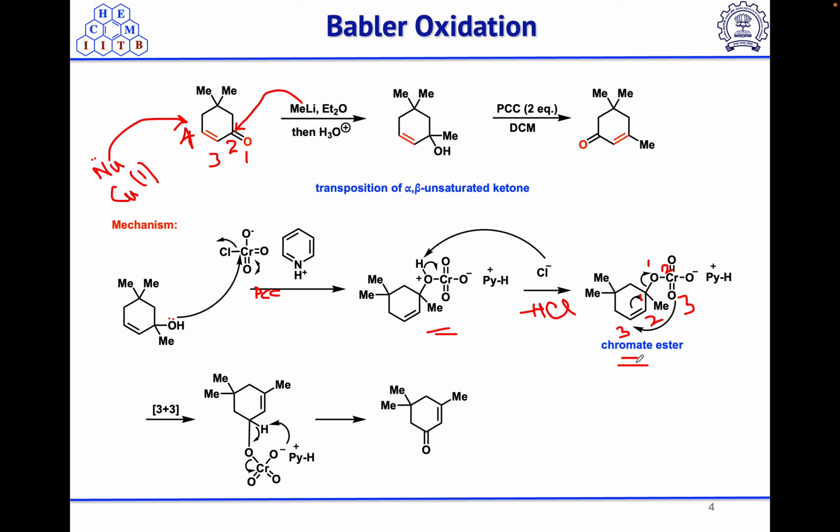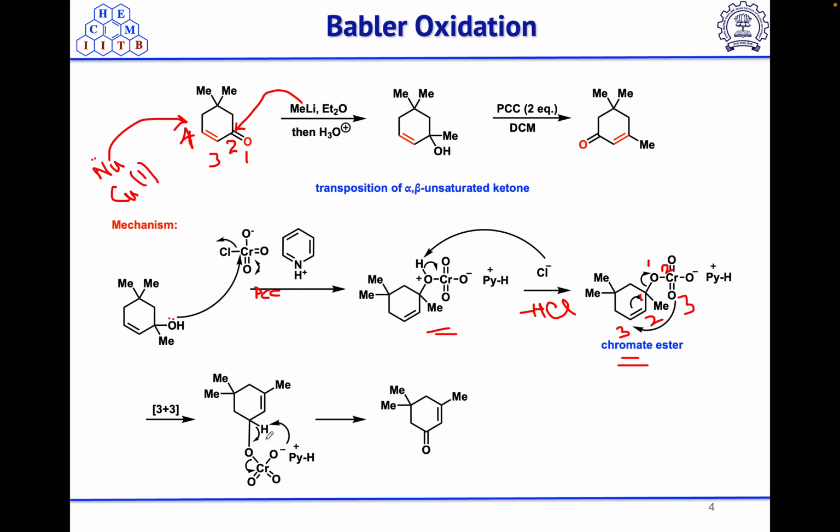If you see the arrows, this bond will migrate here and this CO bond will break, and this chromium-oxygen bond will migrate to this C3 carbon. So at the end you will get